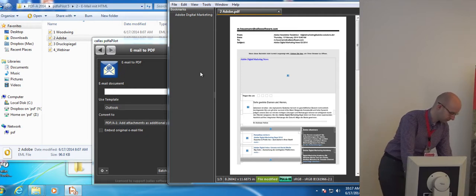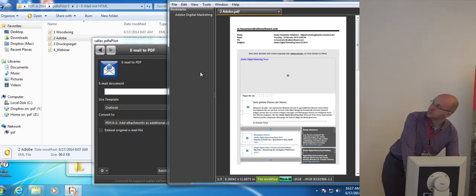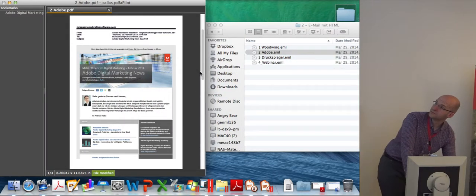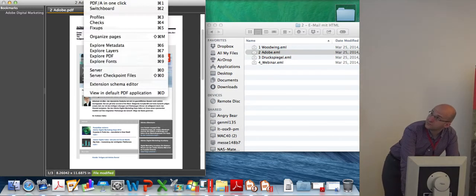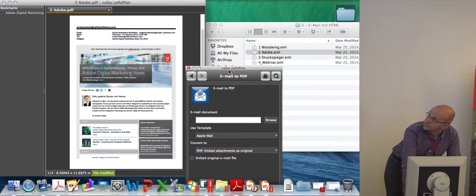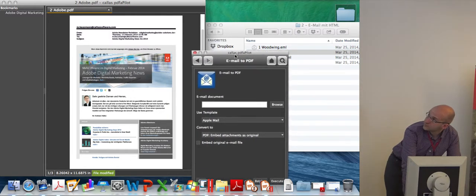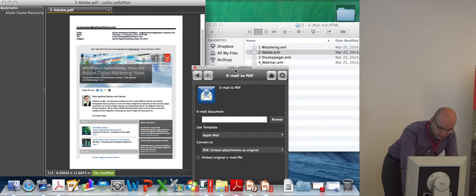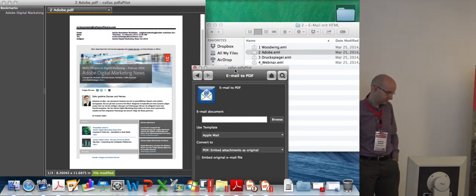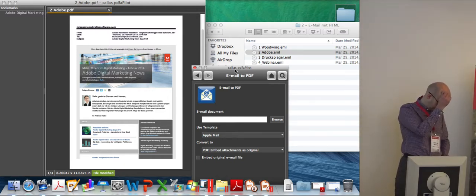So in a way, Mark is just dragging the emails onto there. You can see the other window where you have more parameters to specify what you're doing. And for this solution we are using the desktop thing because it's easier to demonstrate. In fact, the solution is more intended to not interactively convert particular emails to a PDF. It's rather to be used as a command line or the library. And there you can define whether you want to insert all of the images into HTML emails or not.